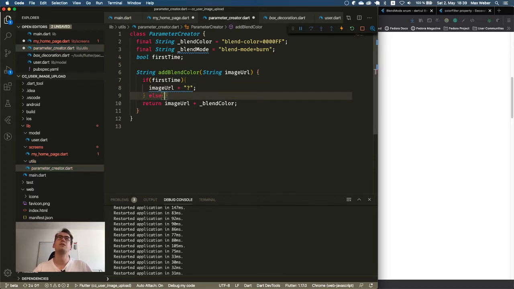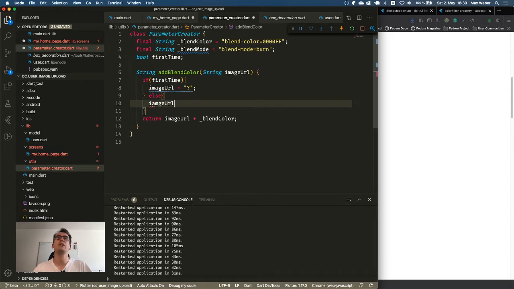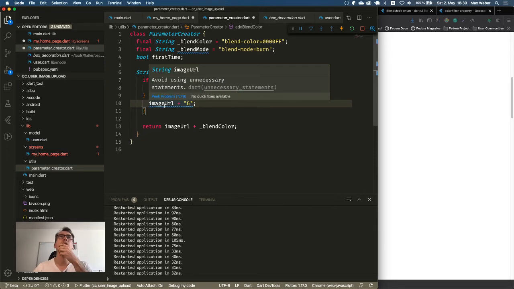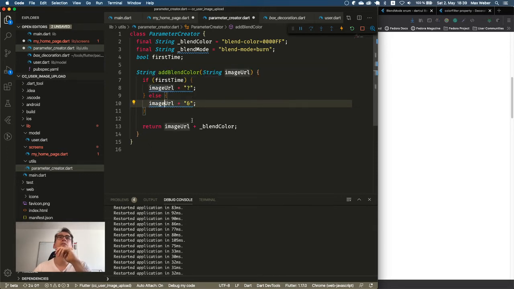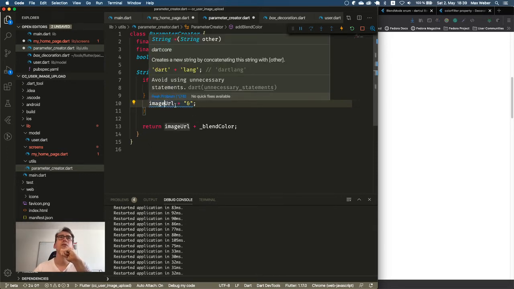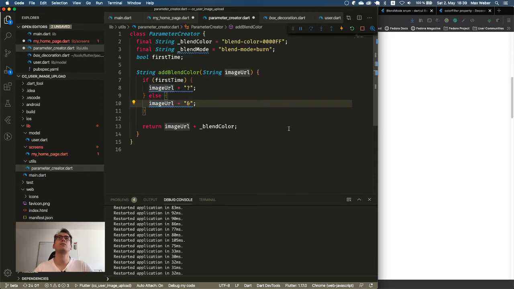Else we just want to have the image URL plus the ampersand. And that should do the trick already. And what is wrong here? Avoid using unnecessary statements. Creates a new string by concatenating the strings with, okay, so we can do that better?